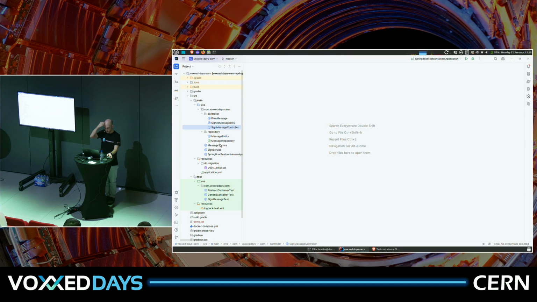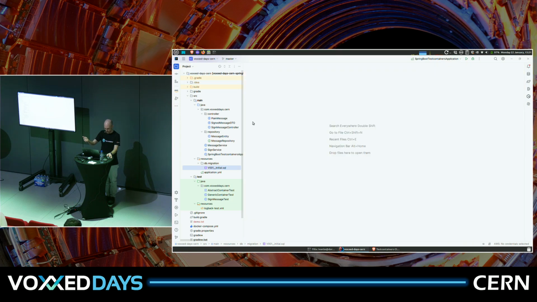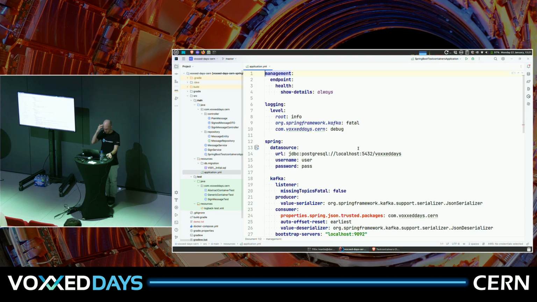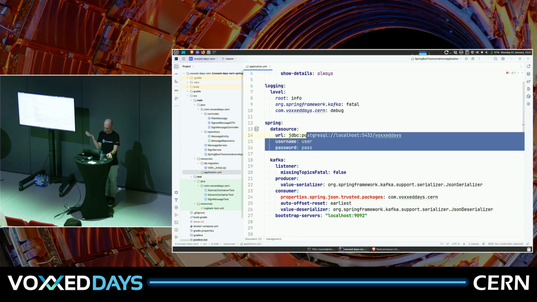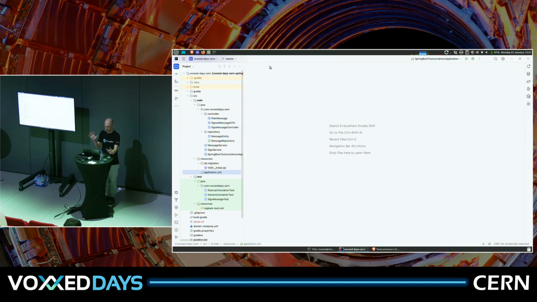So before, what else am I missing? Yeah, so I have a Flyway migration to basically create the table, right? This will be run when we run our integration tests. And for my configuration, I have my local database running on Docker Compose, and the same for Kafka. So before going into the details of how to test